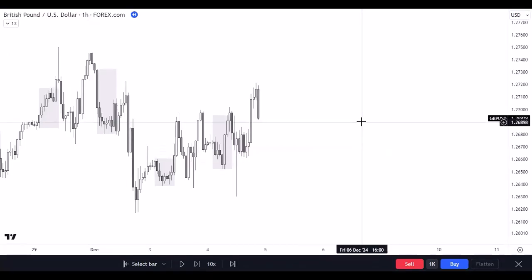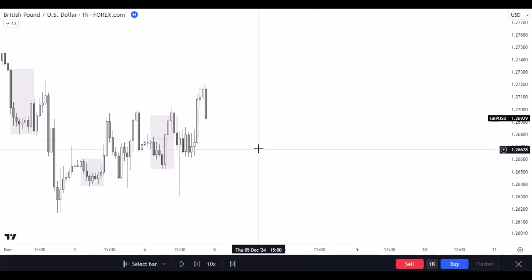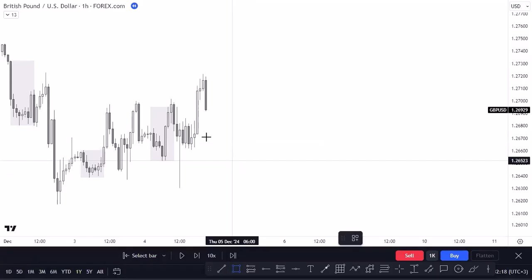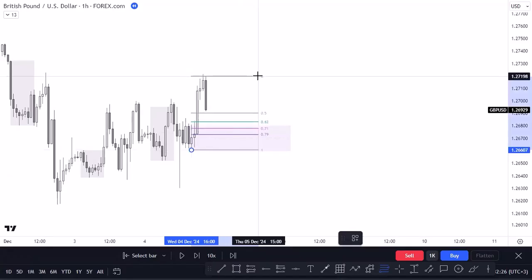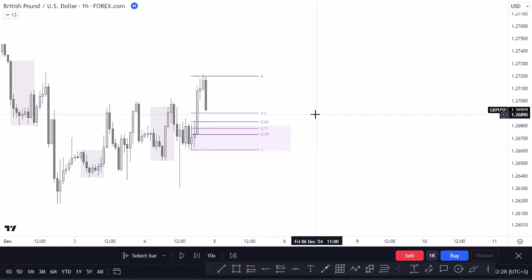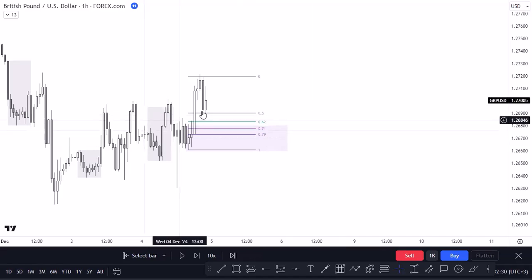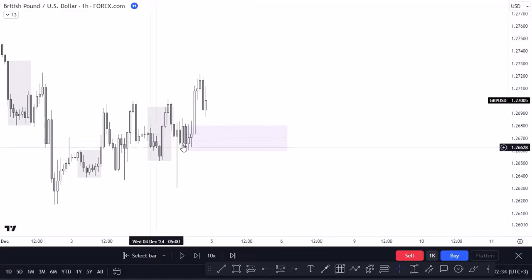So after this game, now we are going to another day, which is Thursday. Now what I can see in front of my charts, I was having the H1 liquidity area here, which is perfect. I want to see the market retrace at least half of this move. So if I play the candles, you see the market retraced back half of this move, which is perfect. As long as I have the H1 liquidity area,